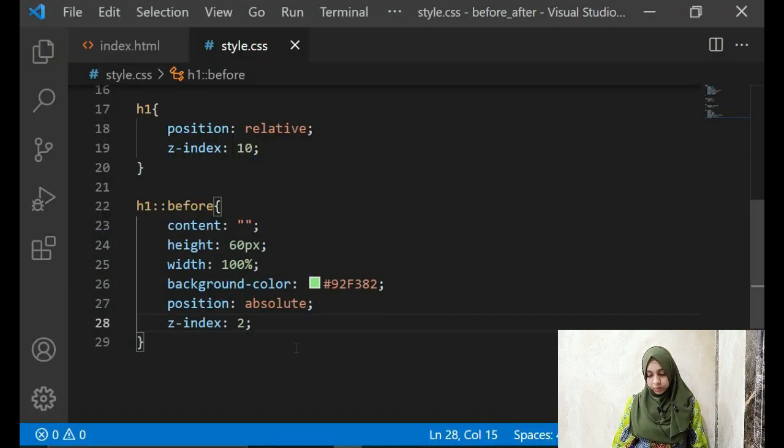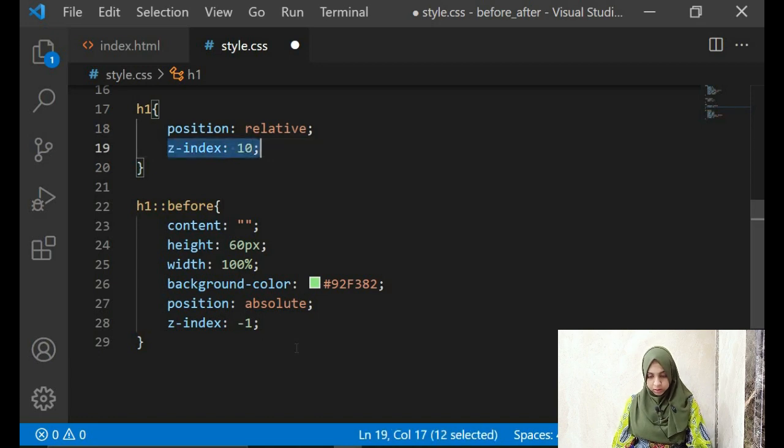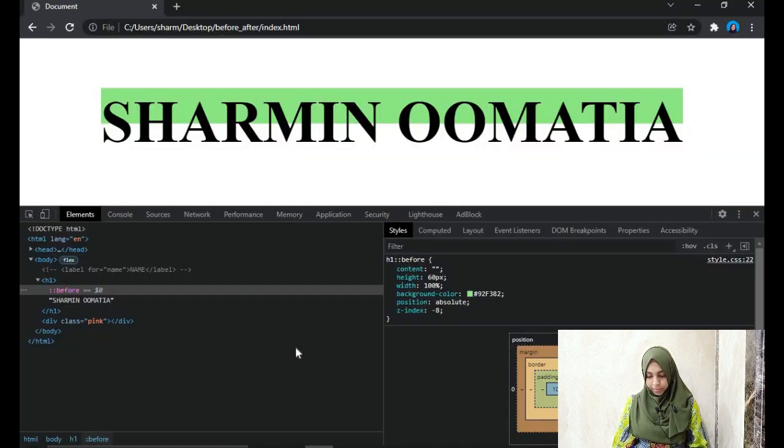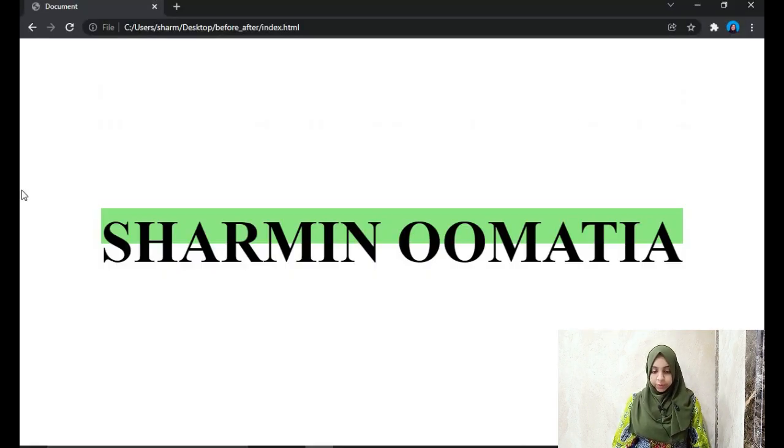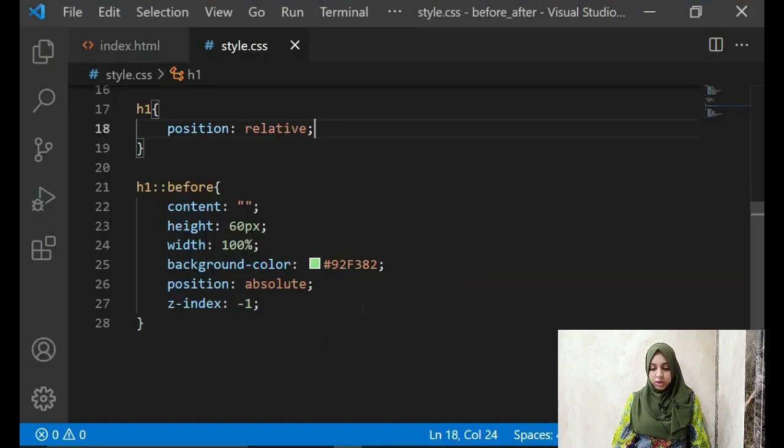Okay, so yeah, -1, and let this not be 0. Okay, so to send this bar behind, we just had to give it a z index of -1.